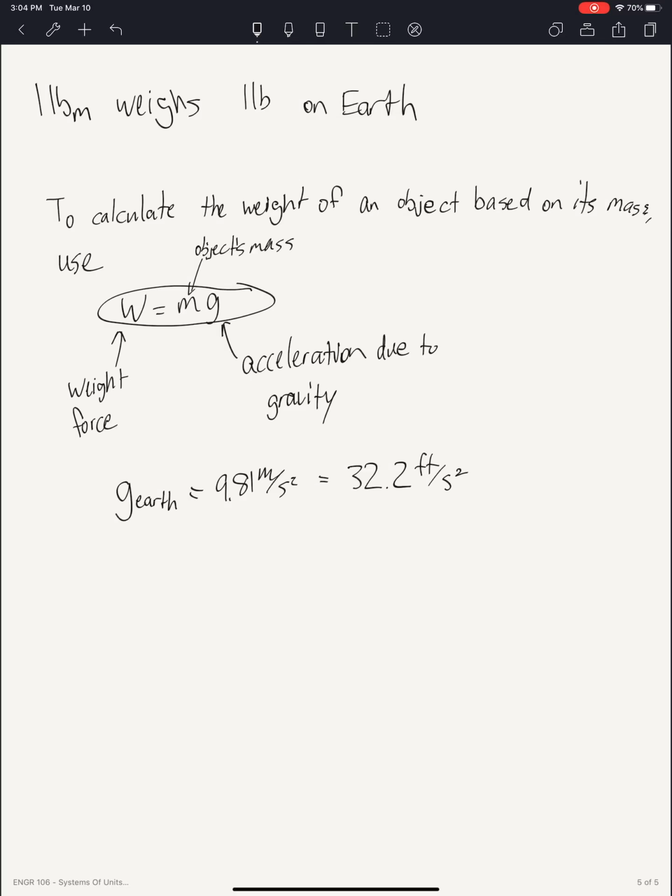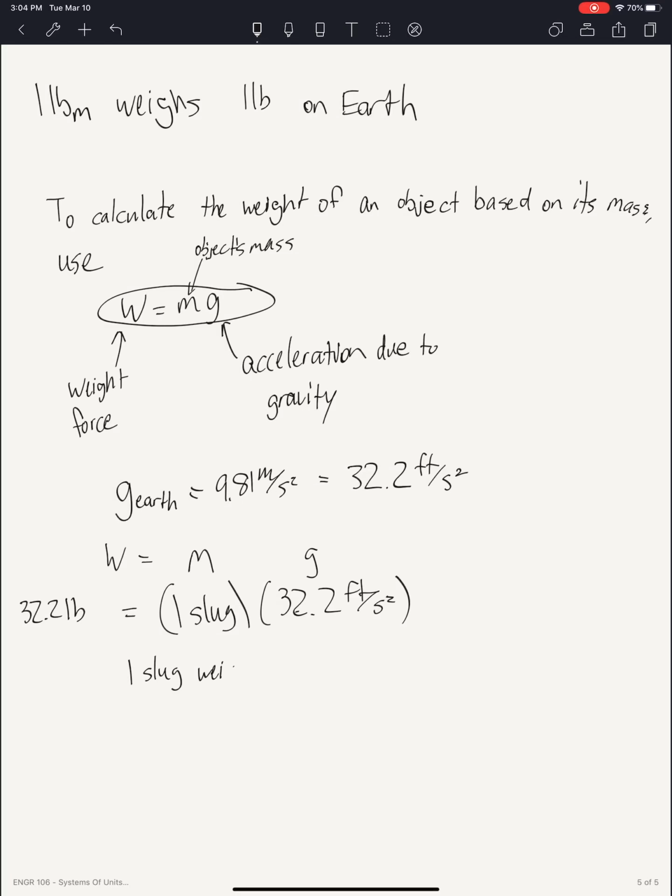That's important to realize. So if I were to ask you, what is the weight force of a one slug object? Well, one slug, which is the mass, times 32.2 feet per second squared, which is the acceleration due to gravity, is equal to the weight force. And just multiply this out. You're using standard units, so you're going to get standard units. This is 32.2 pounds. One slug weighs